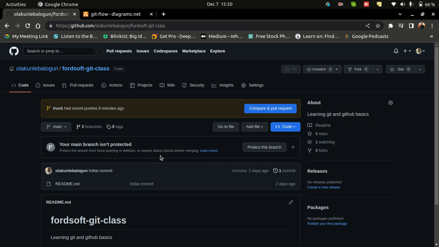So let's say you want to have it on your desktop. Come here now, do Git Bash here. Now do git clone, you paste the URL with Ctrl V. Now, if you do it this way, you have